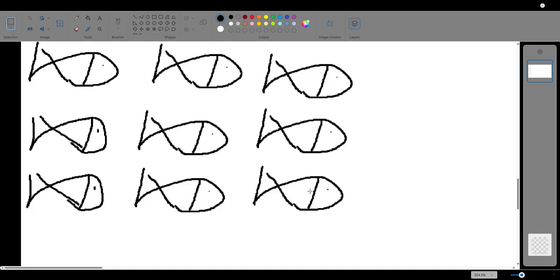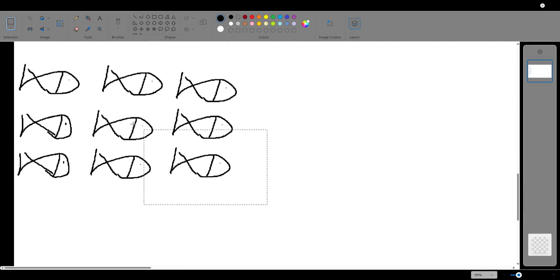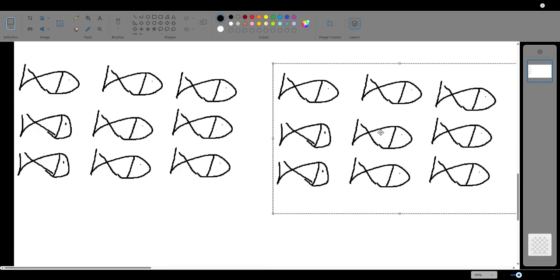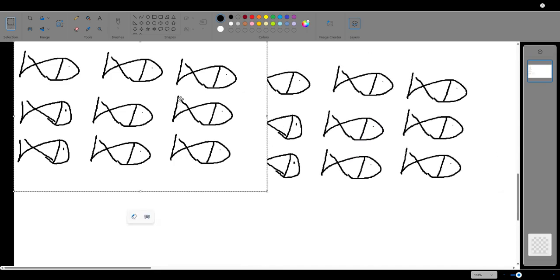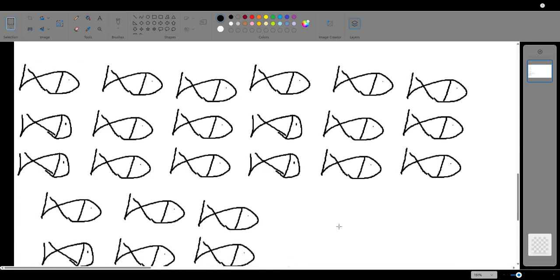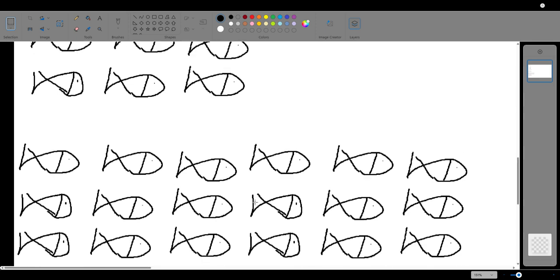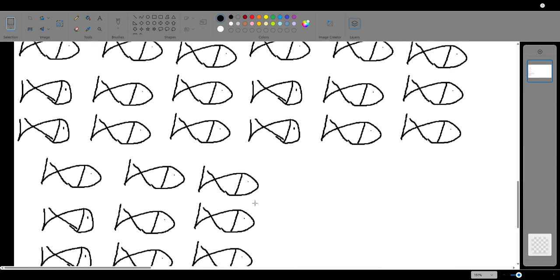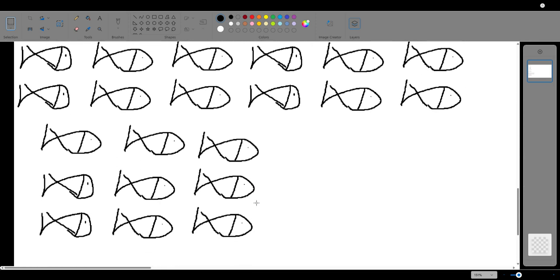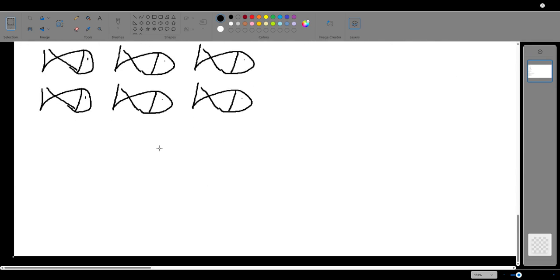So, the day after, I go and buy 27 fish. And then 27 fish after 9 fish, still not really good enough. So then the next day, I go and buy